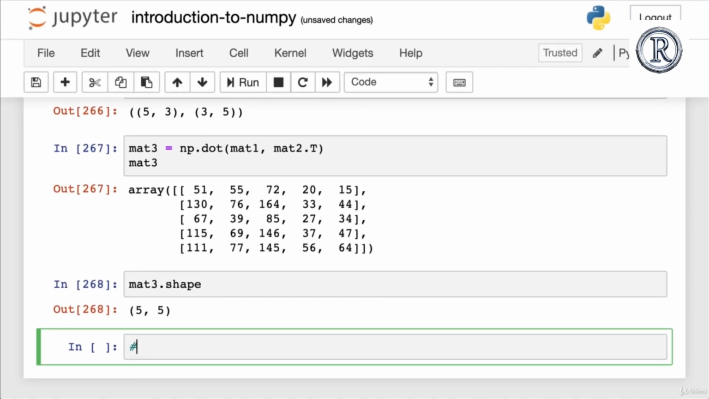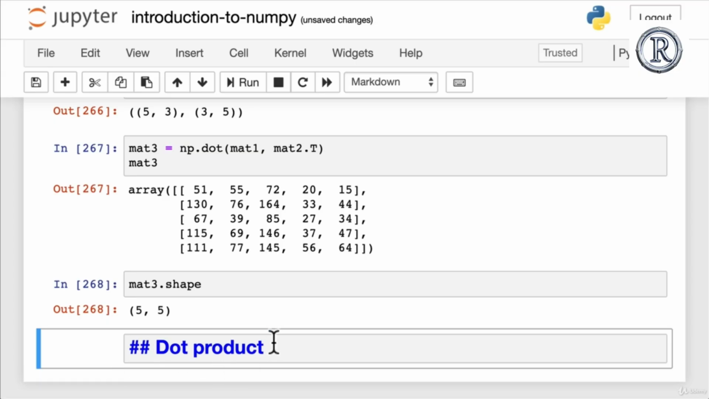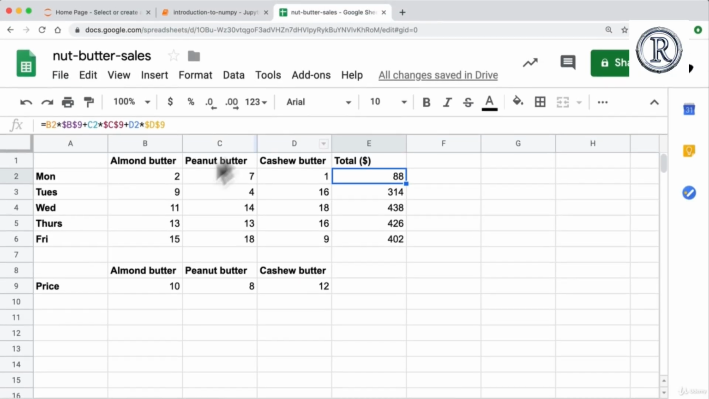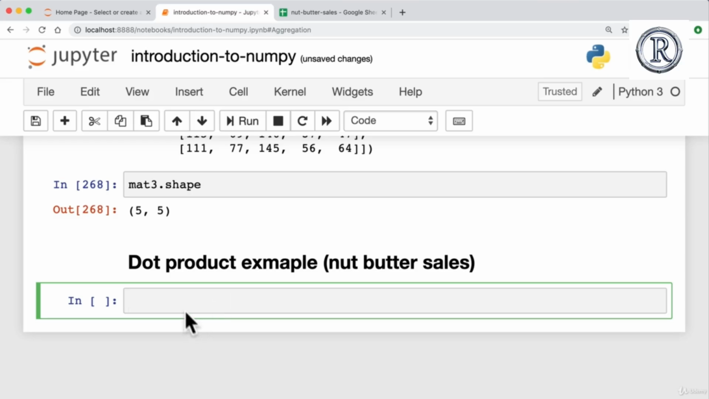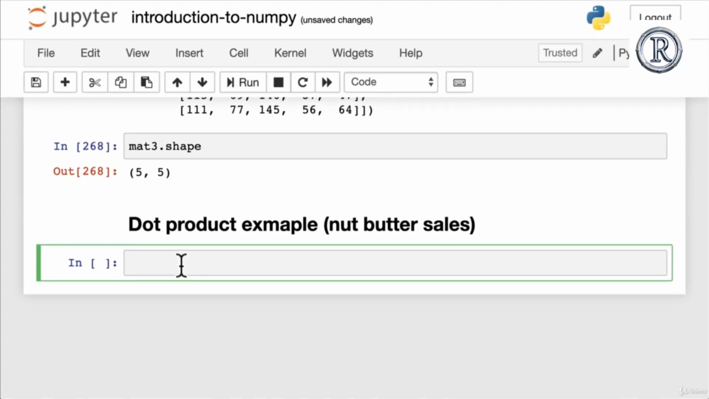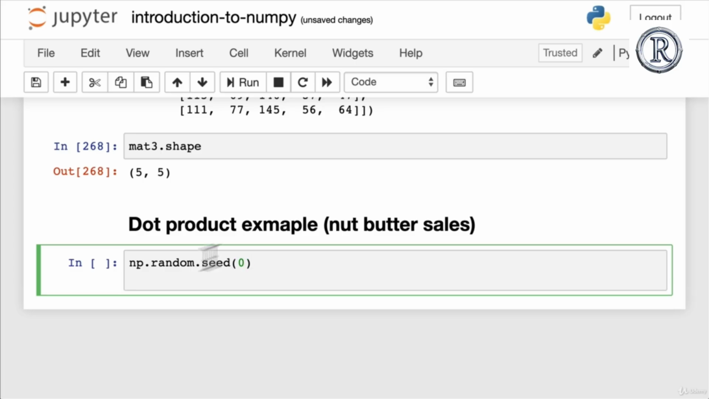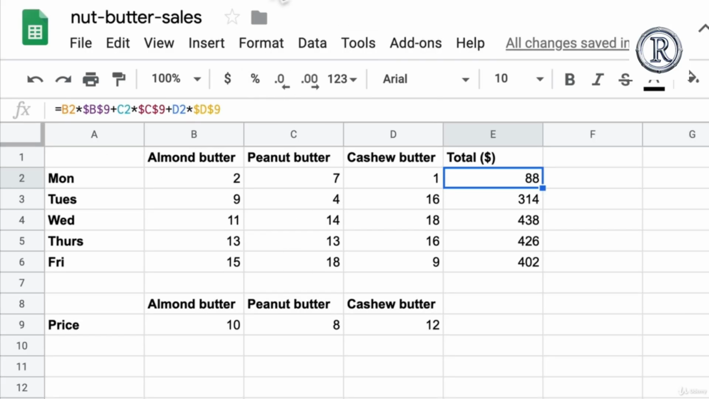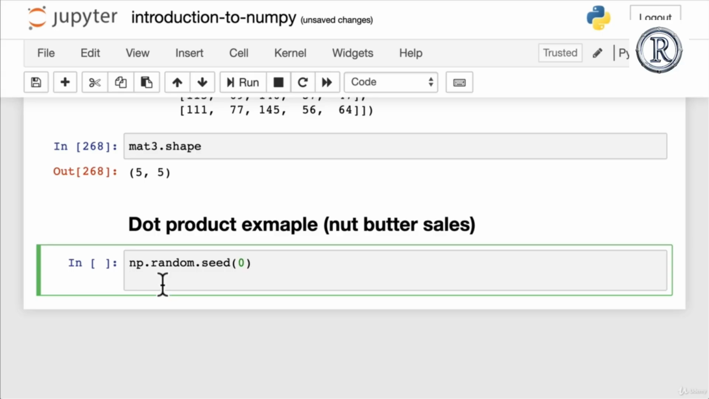What we're going to do is create a little title here: Dot product example, nut butter sales. And we're going to recreate this whole set here from scratch using nothing but NumPy arrays and pandas. So let's do that. NumPy, we'll set a random seed so the random numbers we create are similar to the ones here, hopefully. That's the idea of random seed. Then we have sales amounts. We've got